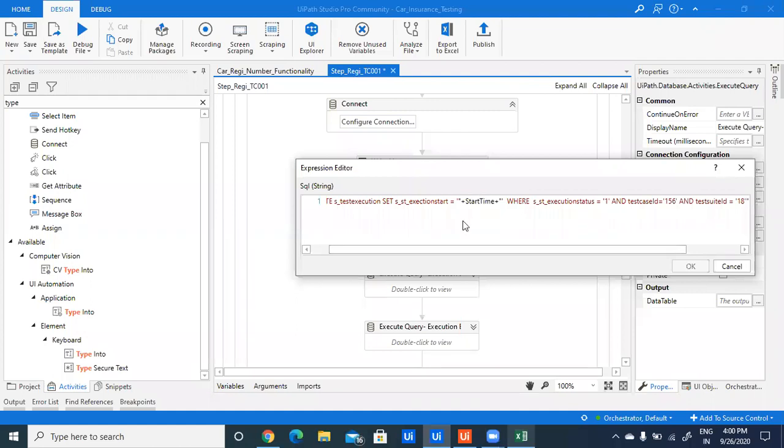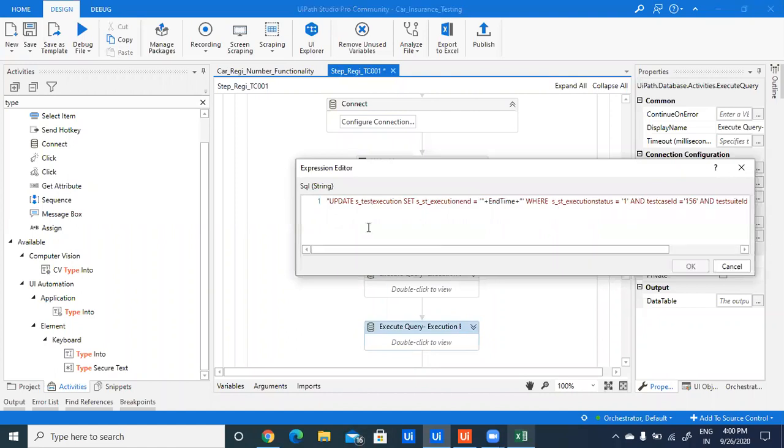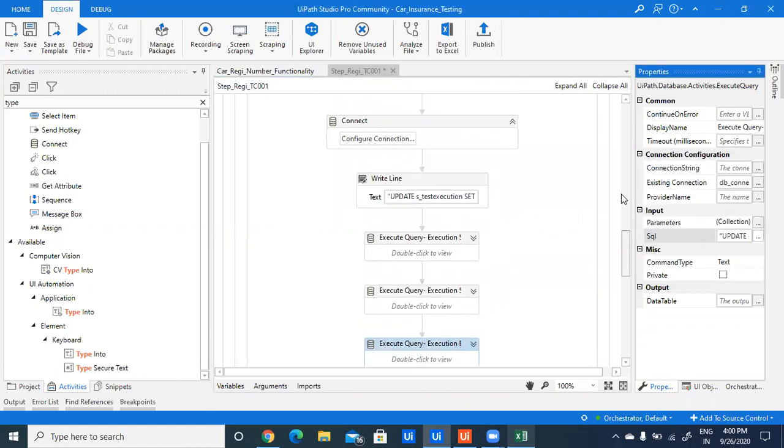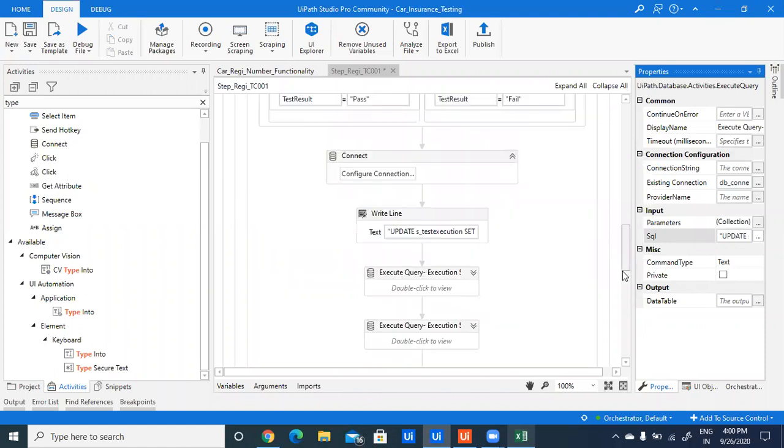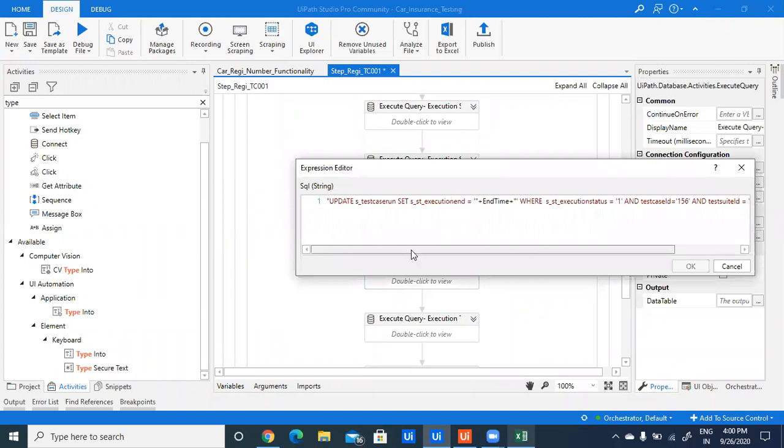This start time is my variable which is stored in my workflow, and this is the end time variable. It will get updated in my test execution tool. So all these variables we can use. This is a dynamic way that we can store data in variables, and that variable we will pass in our column names, or we can integrate with our queries and all.